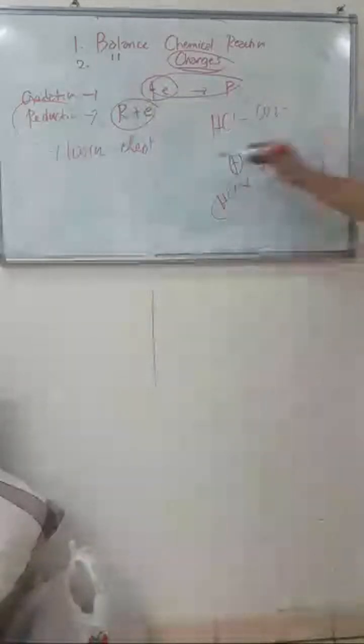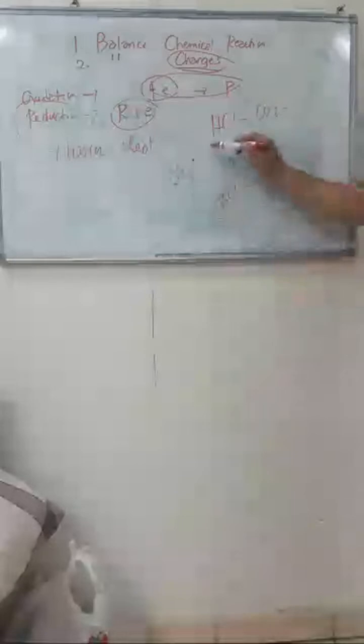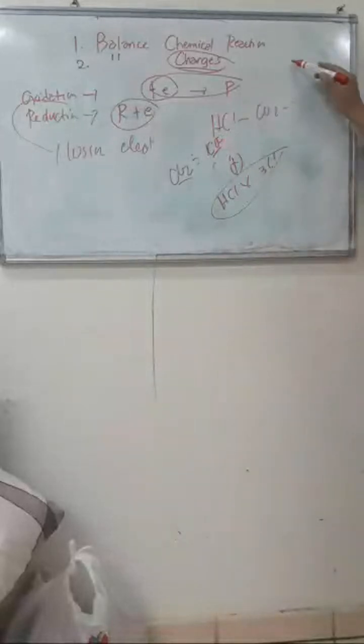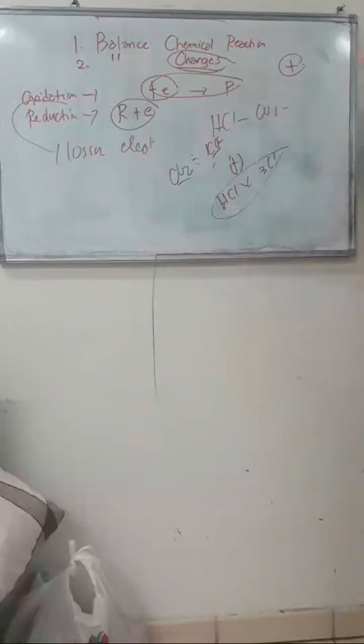Or you say CO2 divided by carbon dioxide or carbon monoxide. Do you see this also? Nothing. You can only see plus sign in all chemical reactions. If there is minus somewhere along the way, you don't have to put the minus in the net equation. It's still positive after you subtract the two.